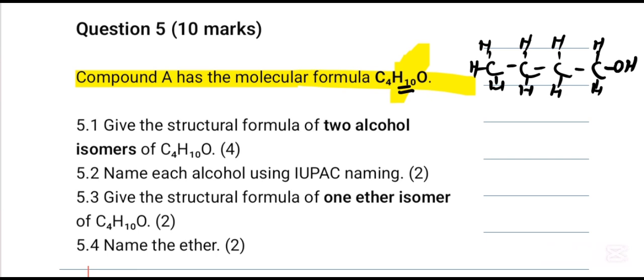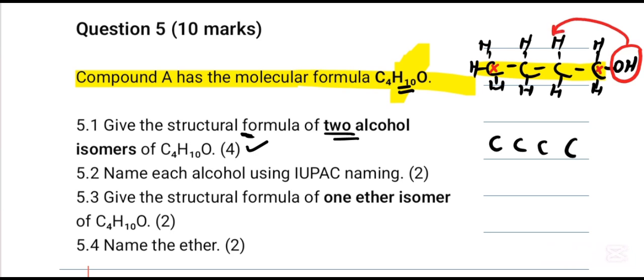compound okanye first structure esingasenza pha kuthiwa give structural formula of the two alcohol isomers. So esokuqala nasi endisizobile sokuqala nasi. The functional group is on carbon number 1. So I can take this to another carbon, which means andizuyiphinde ndiyibeke kulo carbon ndingayibeki kulwasekuqaleni, so ndingayithatha ndiyibeke kulona carbon. So I have 1 2 3 4 1 2 3 4. So ndiyibeka kulona carbon ke ngoku, that is OH, that is the functional group.